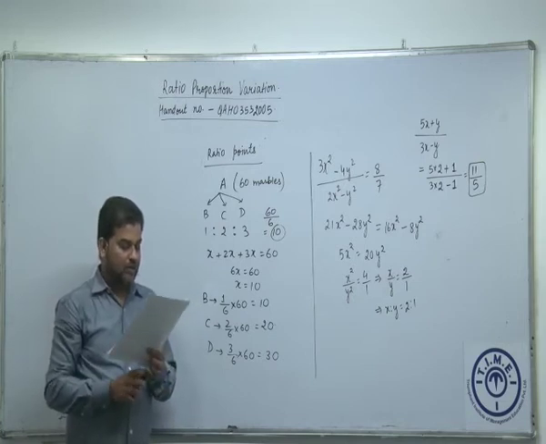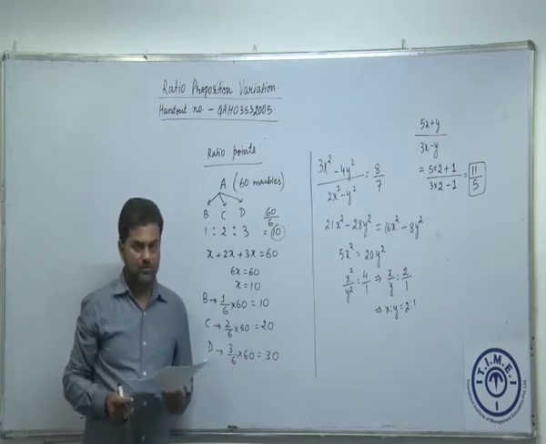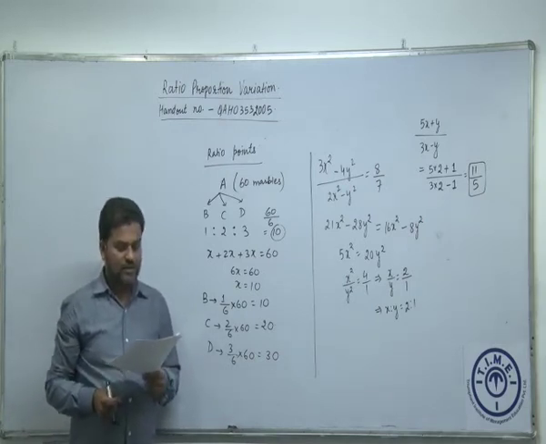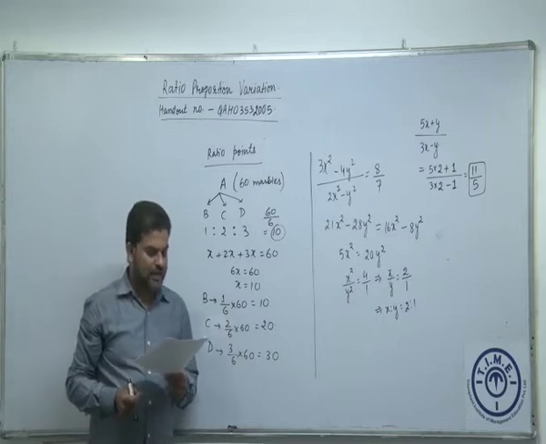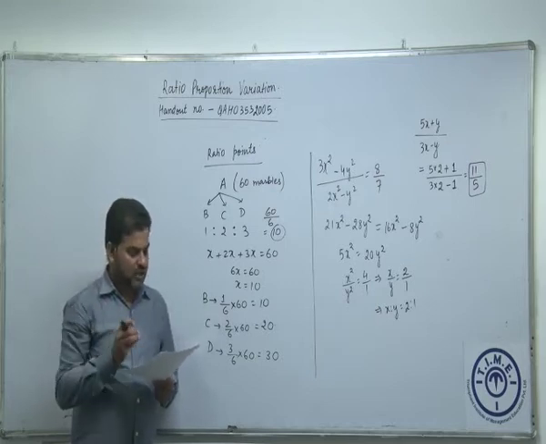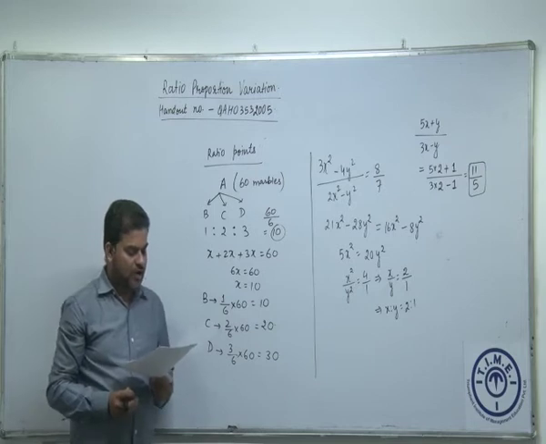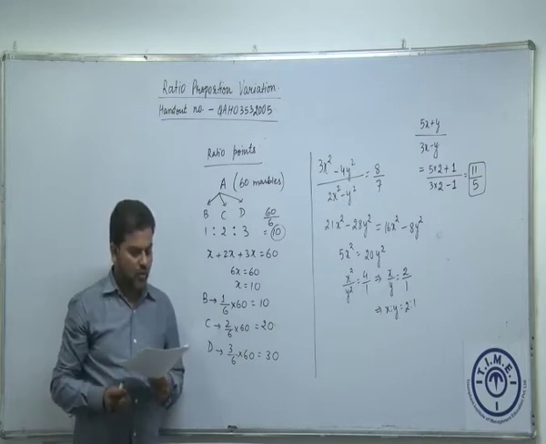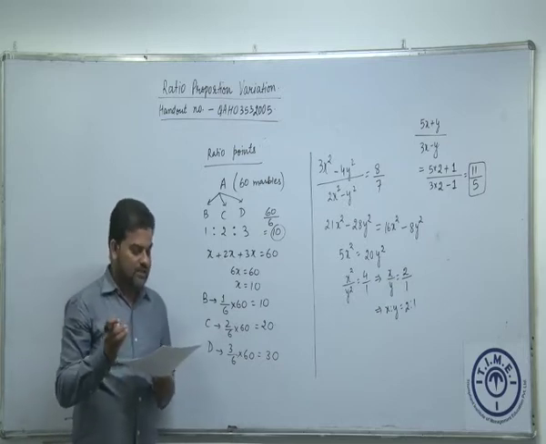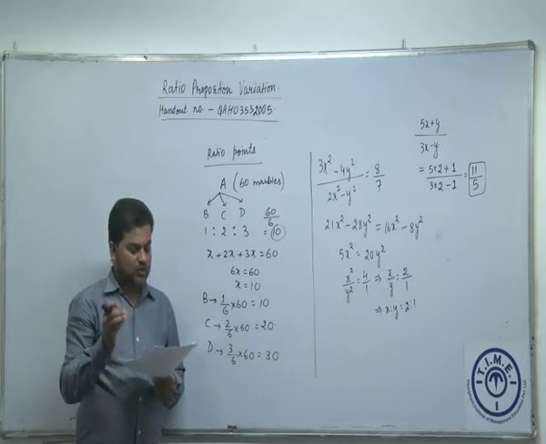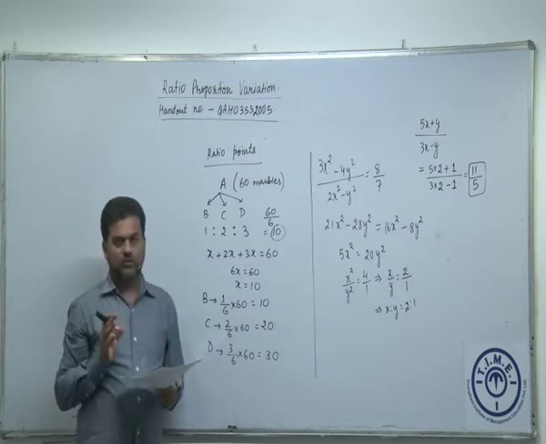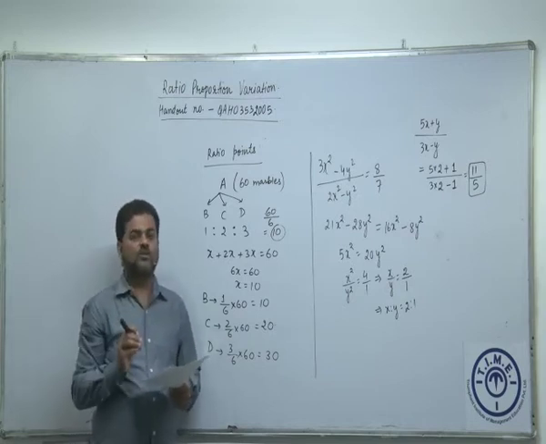Let's try question number 5 first. What does the question say? The total number of gold medals and silver medals won by India in the Asian Games is 75. So gold plus silver medals total is 75. Which of the following cannot be the ratio of the number of silver medals won to that of gold medals won by India? We have been given 4 options. One of them is not correct. We have to pick the option which is not correct.